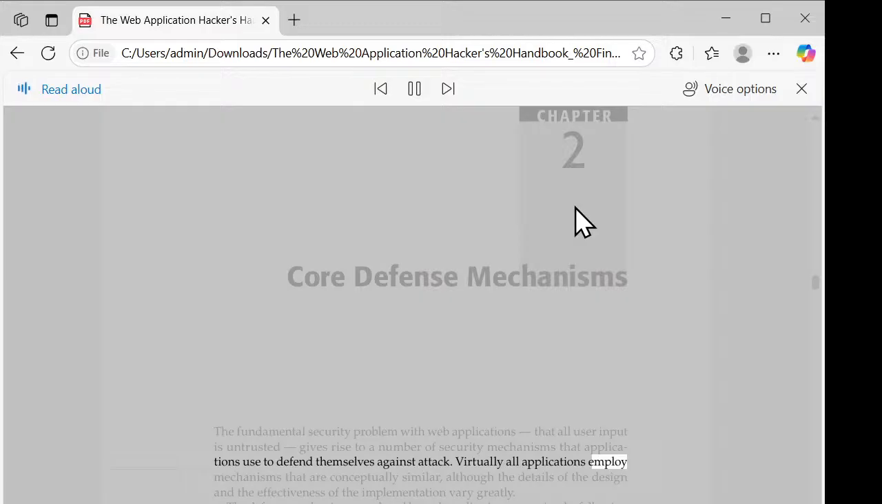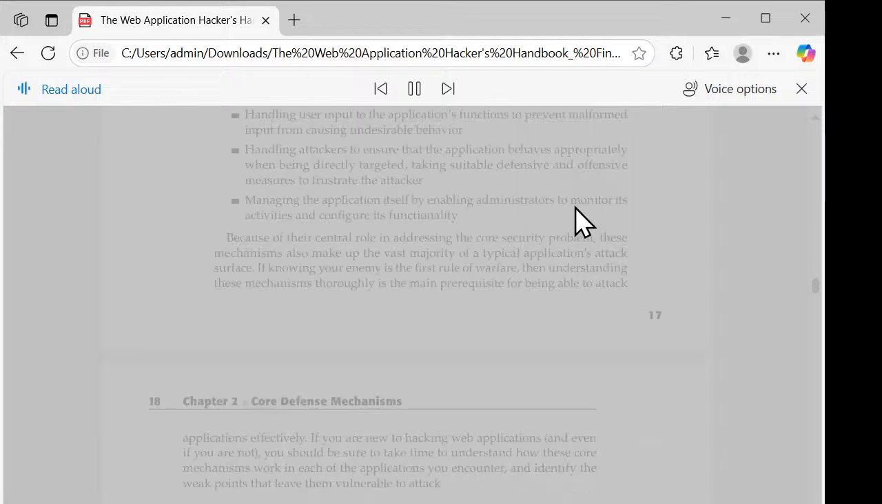Virtually all applications employ mechanisms that are conceptually similar, although the details of the design and the effectiveness of the implementation vary greatly. The defense mechanisms employed by web applications comprise the following core elements: handling user access to the application's data and functionality to prevent users from gaining unauthorized access; handling user input to the application's functions to prevent malformed input from causing undesirable behavior; handling attackers to ensure that the application behaves appropriately when being directly targeted, taking suitable defensive and offensive measures to frustrate the attacker; managing the application itself by enabling administrators to monitor its activities